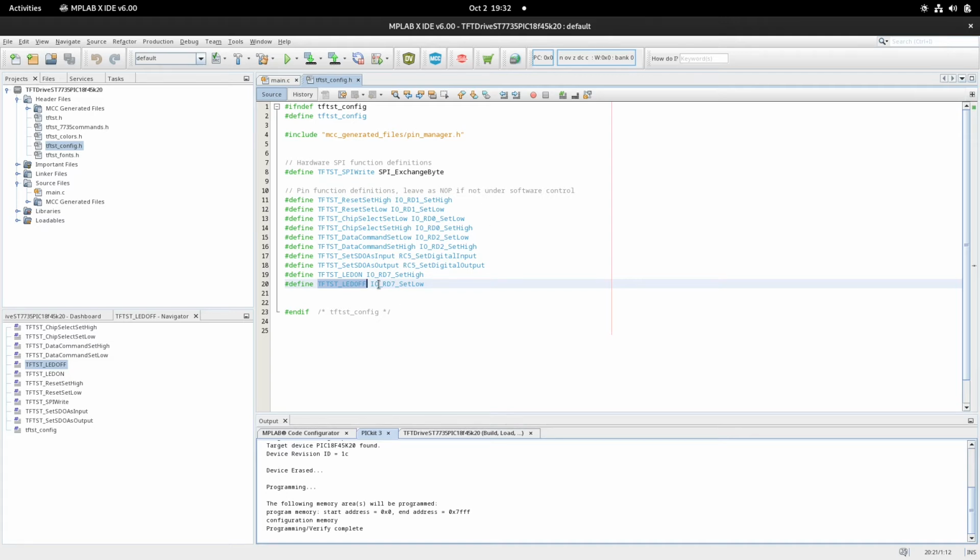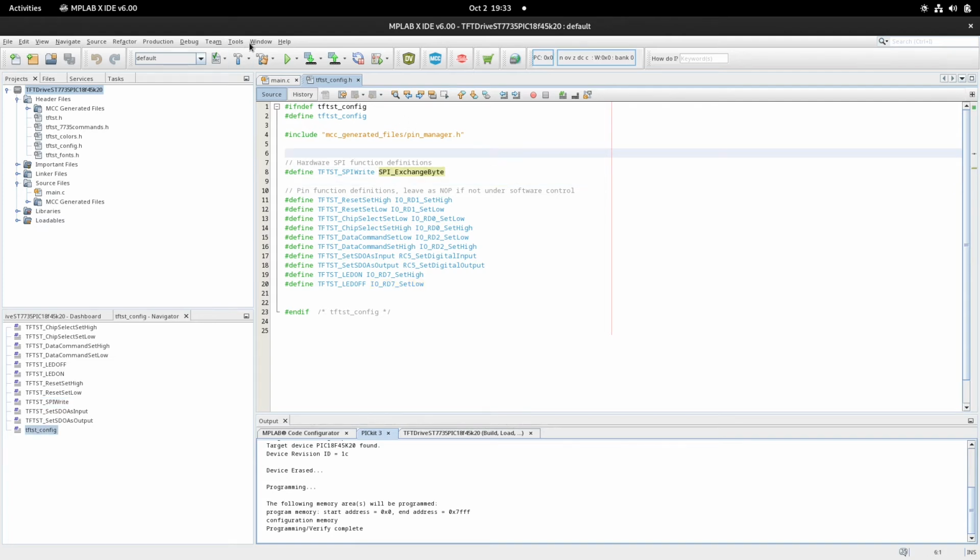But otherwise, you're just going to put those definitions here so the driver is able to work. And the last bit, let me show you what we have. You don't have to use this PIC18F45K20. You can just use any PIC that you want. I have driven this with 24s, 32s, 16Fs, but I'm going to show you how to configure the hardware SPI